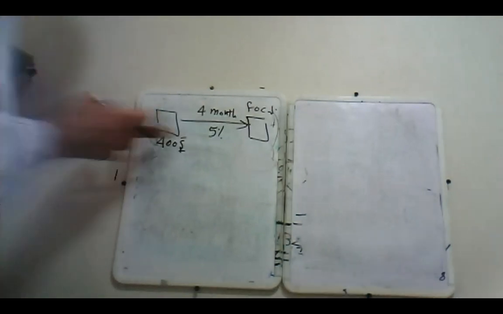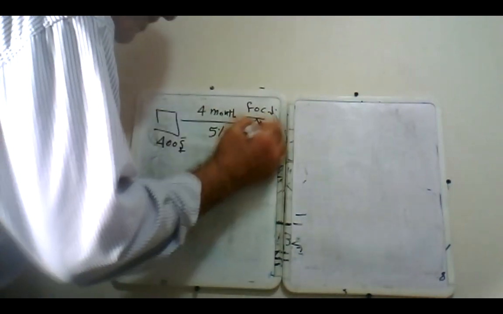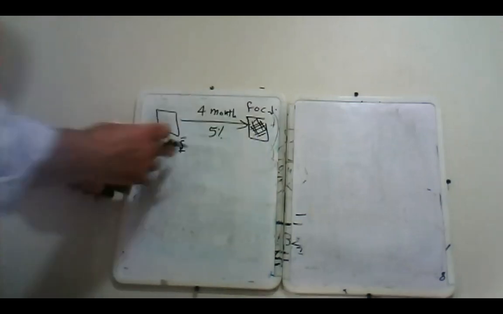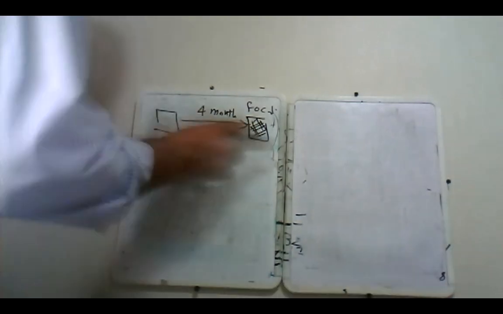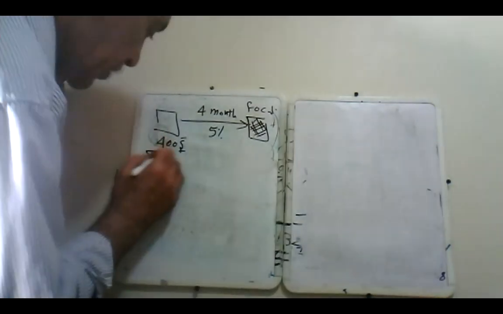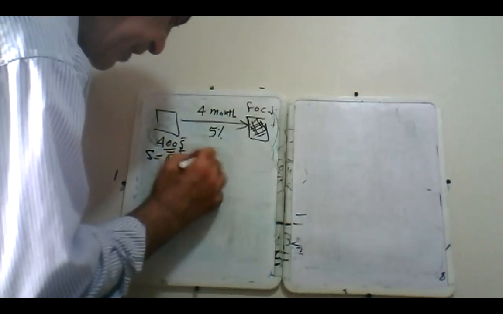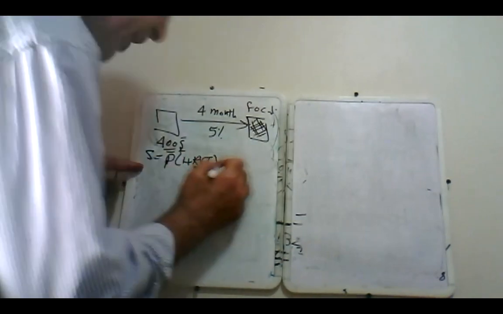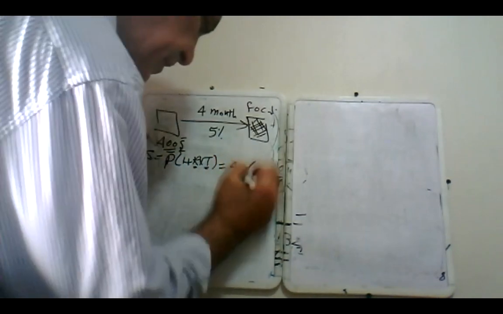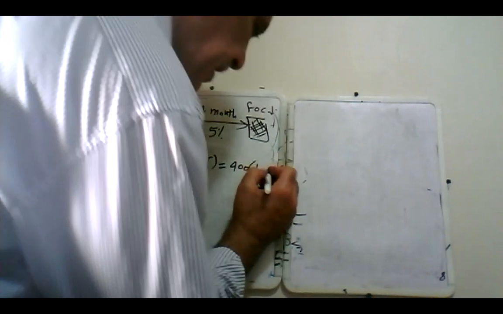Now when I'm moving forward to the focal date, and the focal date is after the maturity date, then I have to bring the sum. The sum will be the principal, which is 400, multiplied by 1 plus r times t, where r is the rate and t is the time. So it equals $400 multiplied by 1 plus the rate, 5%, 0.05,